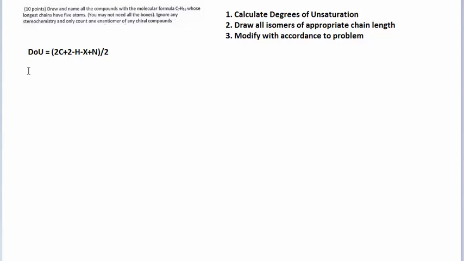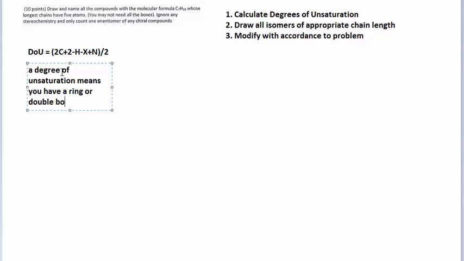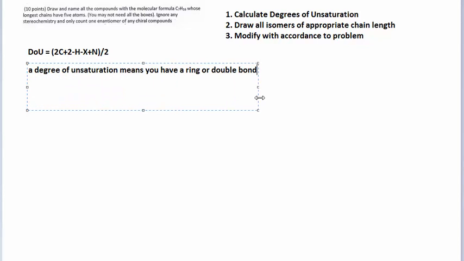So what that means is that if you have 1 degree of unsaturation, it means you have a ring or a double bond. 2 degrees of unsaturation means you can have combinations. So 2 degrees can get you a triple bond, it can get you a ring and a double bond, it can get you 2 double bonds. But basically,